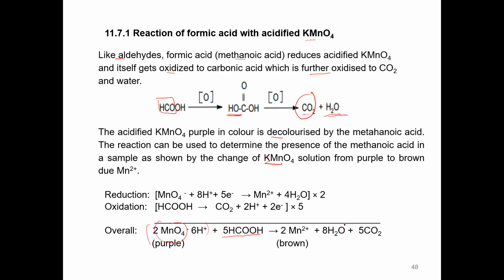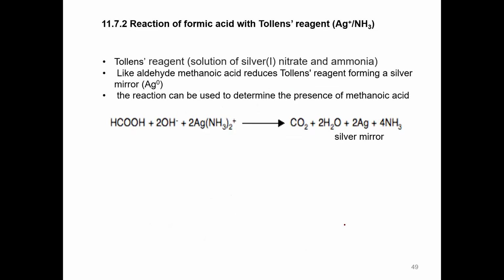Okay, and then a reaction of formic acid with Tollens reagent. So since formic acid ataupun methanoic acid, C double bond O H, this side is aldehyde part. So Tollens reagent kita gunakan to differentiate between aldehyde and ketone, and it will give a positive result for aldehyde kan. So of course lah Tollens reagent dekat sini, like aldehyde, methanoic acid reduce the Tollens reagent forming a silver